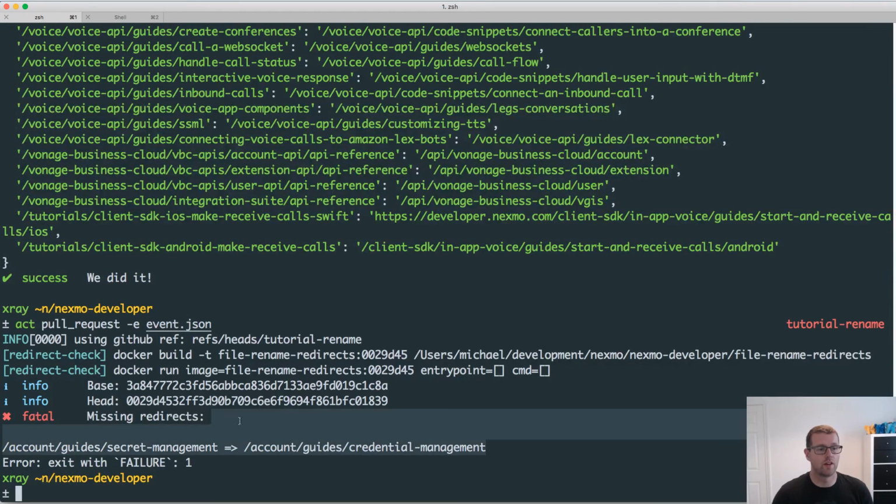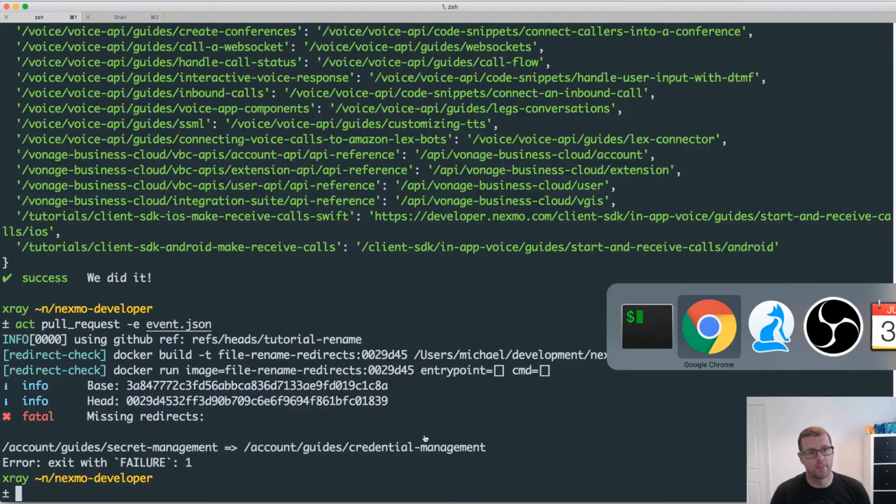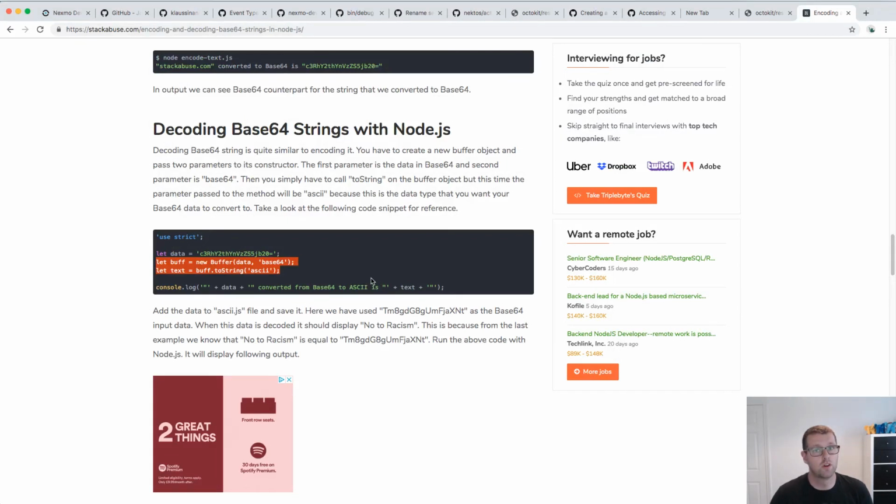And here we have a missing redirect, so we didn't create one for account guides secret management, which was renamed to account guides credential management, which is exactly what we wanted. Now we're almost there. We're not quite there because there's one more thing to do,